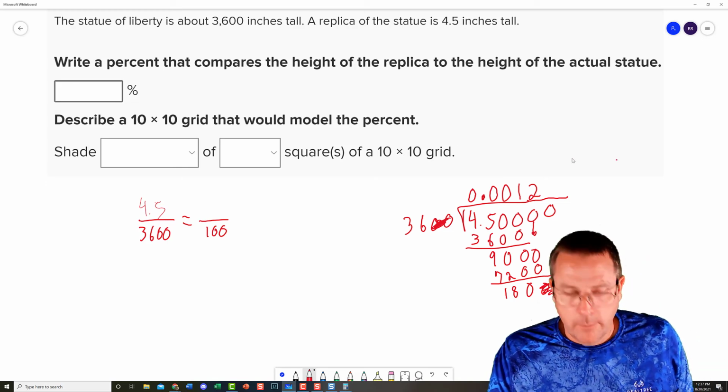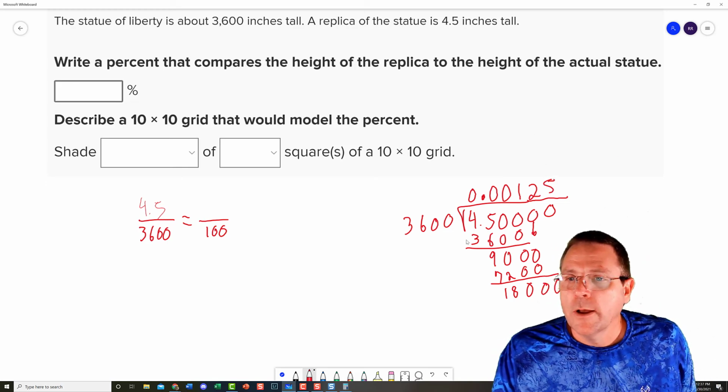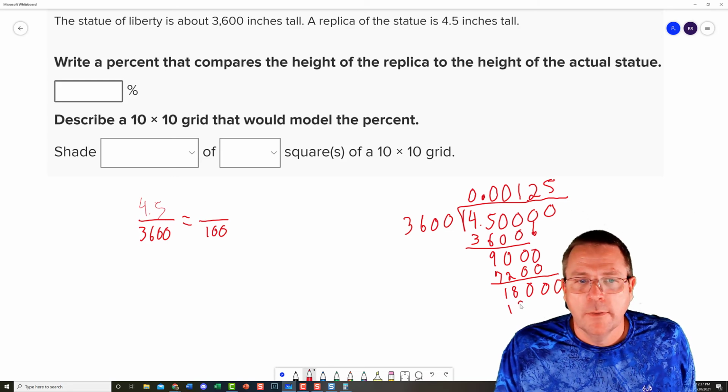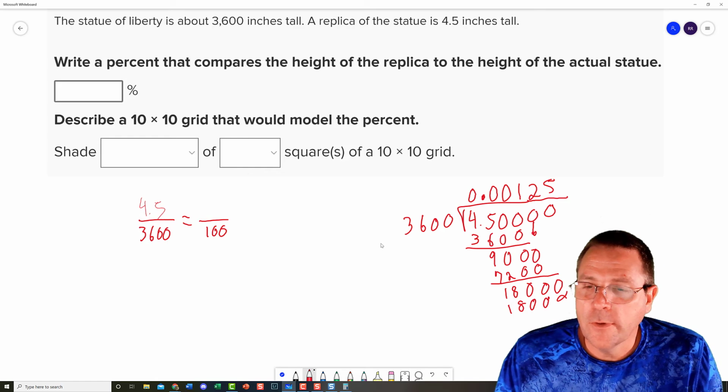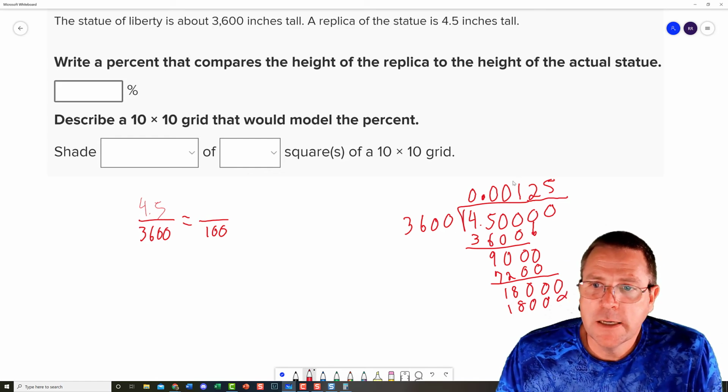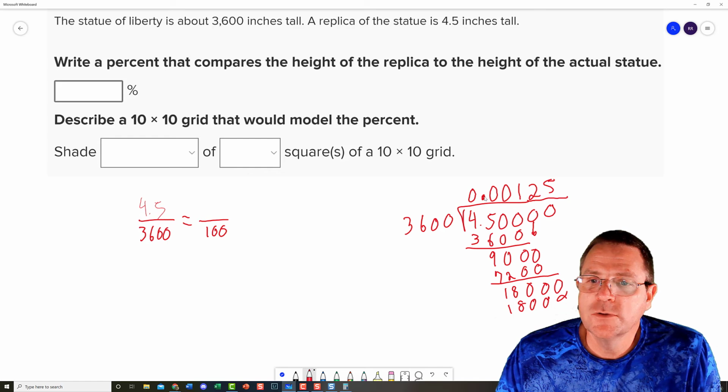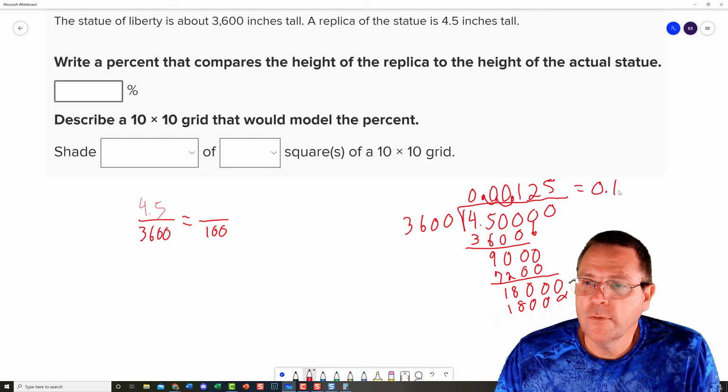So I can go back on my grid here and put the 5, which would give me the same answer here. But this number here is just a decimal. It's not going to be the percent. Remember, to change your decimal to a percent, you have to bounce the decimal 2 spaces to the right, 1, 2. So the answer is going to be